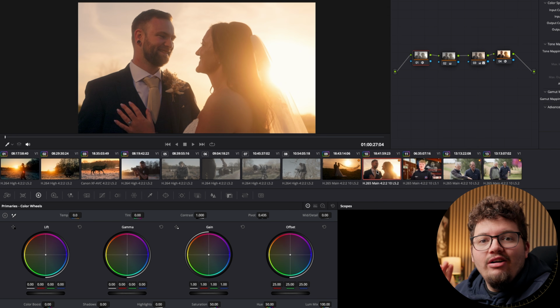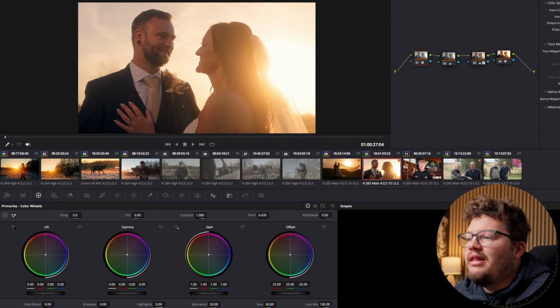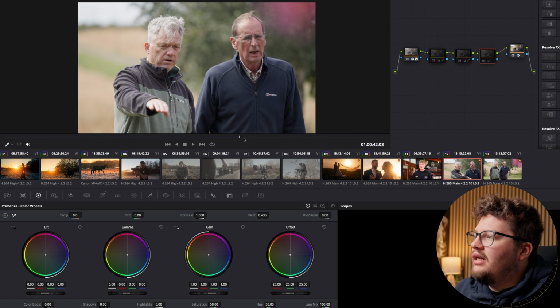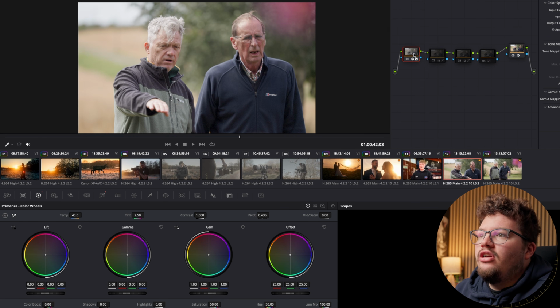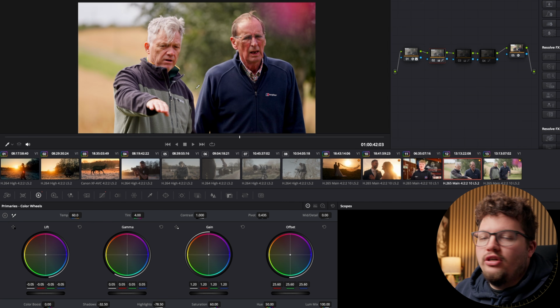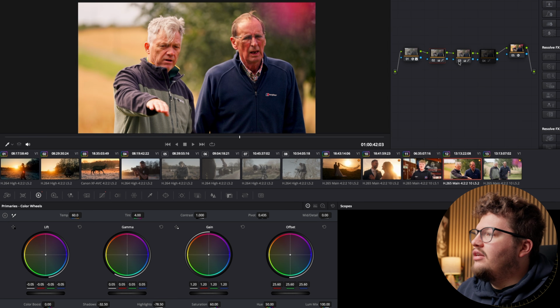So now if you wanted to go that little bit of extra mile and add some more nodes in there, if you want to get a little bit more deep in there, well, I've got something here to show you. This was a little advert that I've done for my dad's gardening business. And this is, like I said, straight from C-Log 3 into Rec 709 after putting into DaVinci Wide Gamut. And I've got 5 nodes this time instead of 4. So what is the extra node that I've actually done in this one? The second node, again, is the exposure, like I showed you earlier. The third one is the grade, so I've added a little bit of warmth, added a little bit of saturation,